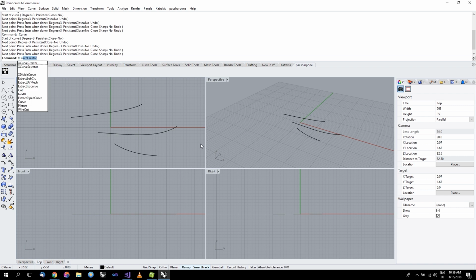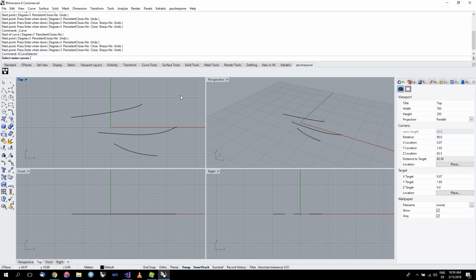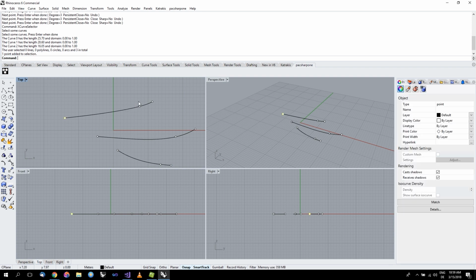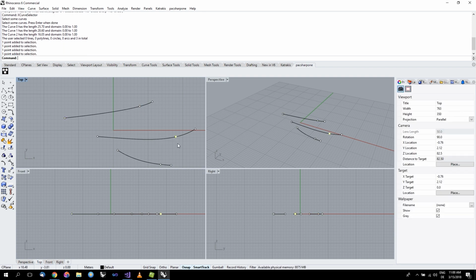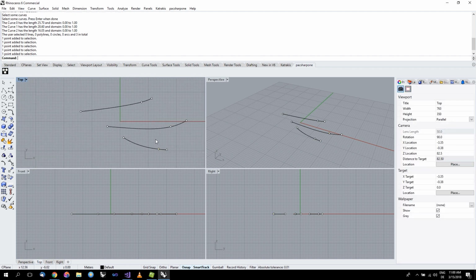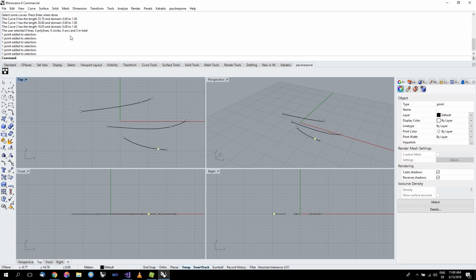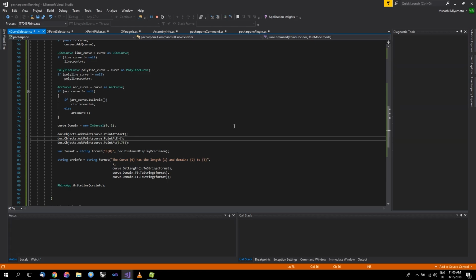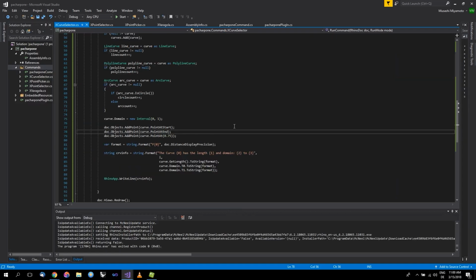I'm just trying to show you that you have different options. We start our curve selector, select them, and now as you can see we have a start point, an end point to every curve, and a point added every time to the 0.75 domain of the curve. And as you can see here, all the domains are 0 to 1 now. So you can experiment with that, play with that, and let's go on and see what we can do with